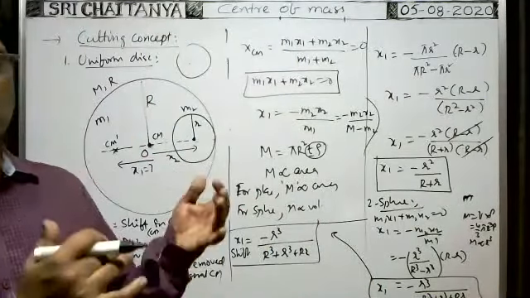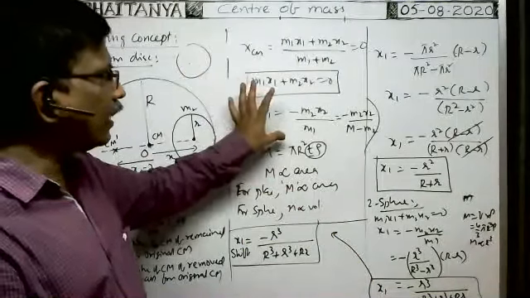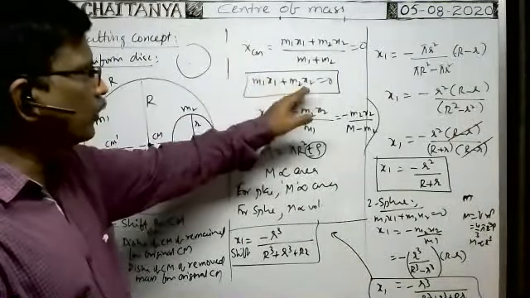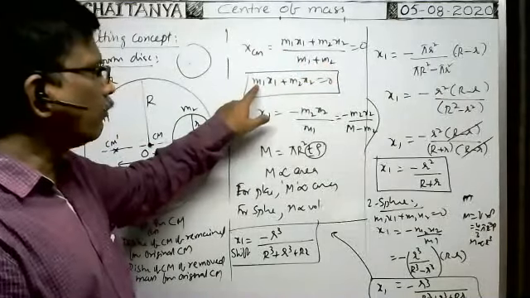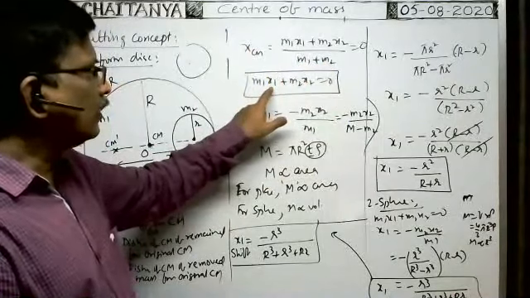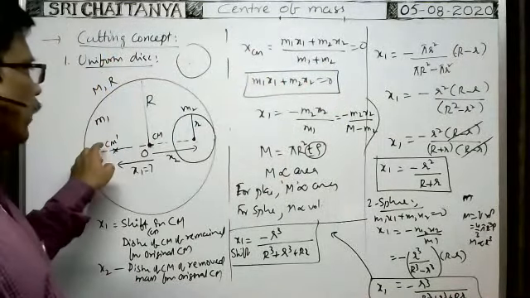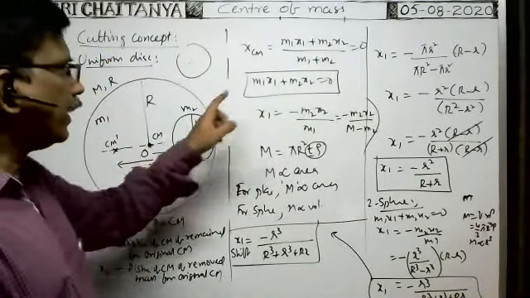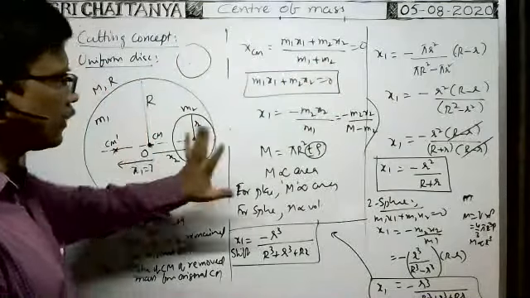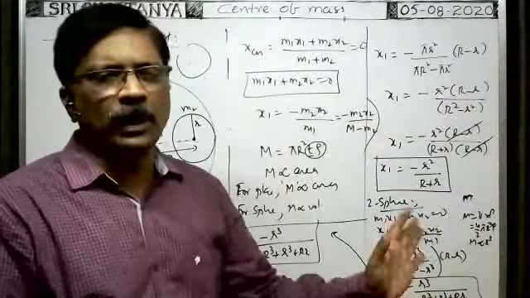So it is the cutting concept we can do. Of course, tomorrow we will do some problems so that you can understand easily. But in case of cutting concept, you must remember this formula. M1 x1 plus M2 x2 equal 0. M1 mass remained, M2 mass removed, x1 shift in the center of mass, లేదా distance of the center of mass of the remained part from the original center of mass, x2 distance of the center of mass of the removed part from the original center of mass. That's all. These terms we have to remember. Then we can do the problem very easily.